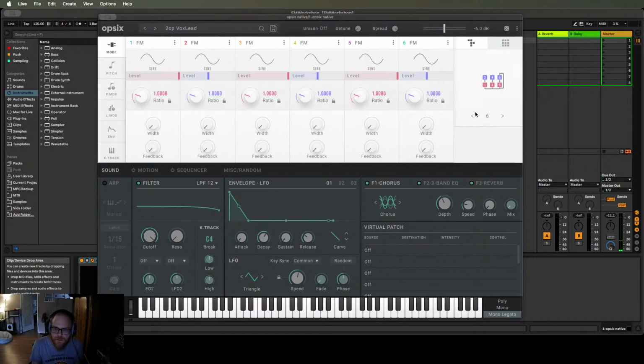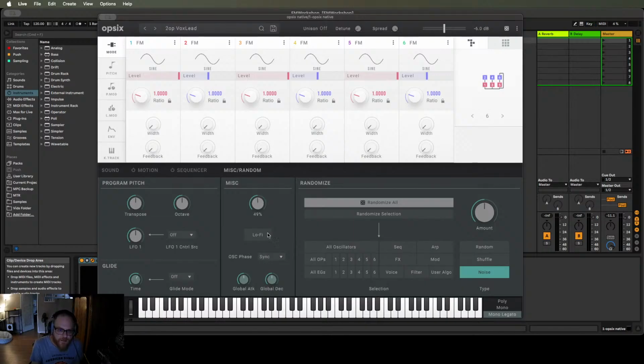This is the feedback set. It's set all the way up. That's why that last one's so fizzy. And all this is doing is making it a little louder because we didn't even detune. There's no detuning or anything. It's just louder because there are 3 oscillators, 3 operator pairs acting as 3 oscillators playing the same sound. And if we go to our pitch, for example, we can detune these